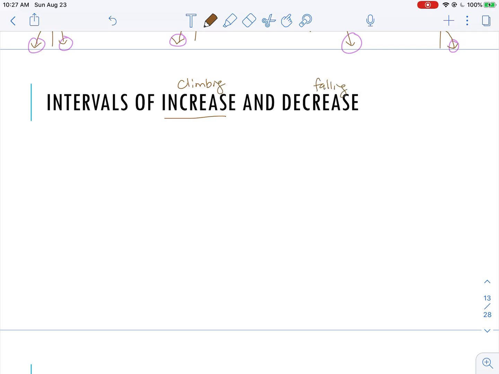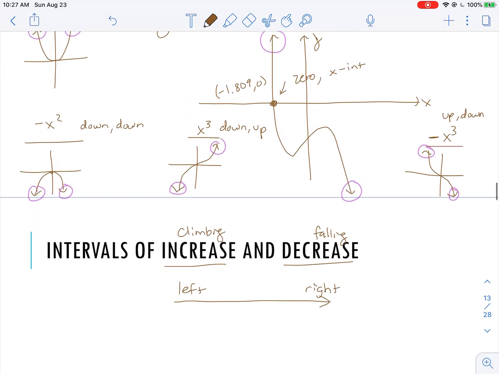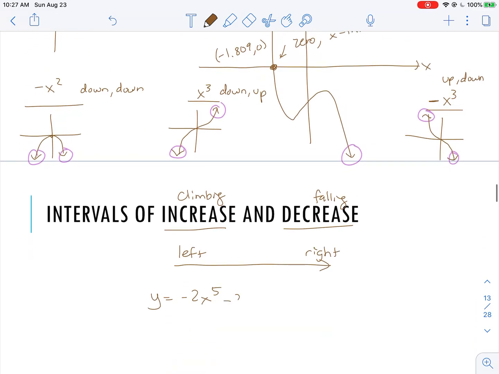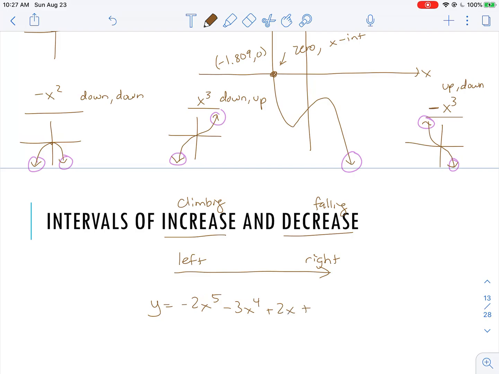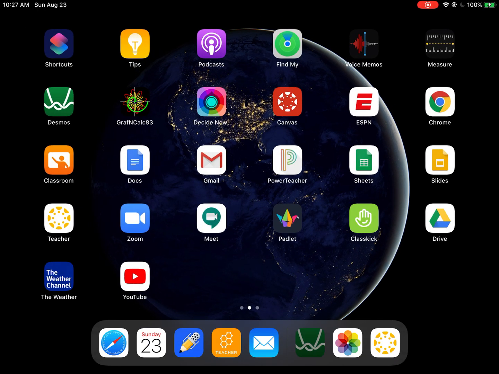Increase is where the graph is climbing. Decrease is where the graph is falling. And remember, you have to do it from left to right, so you're reading it like a story. So if I go back and let's just do this function, but let's change that one thing: negative 2x to the 5th, negative 3x to the 4th, and then let's change this to plus 2x plus